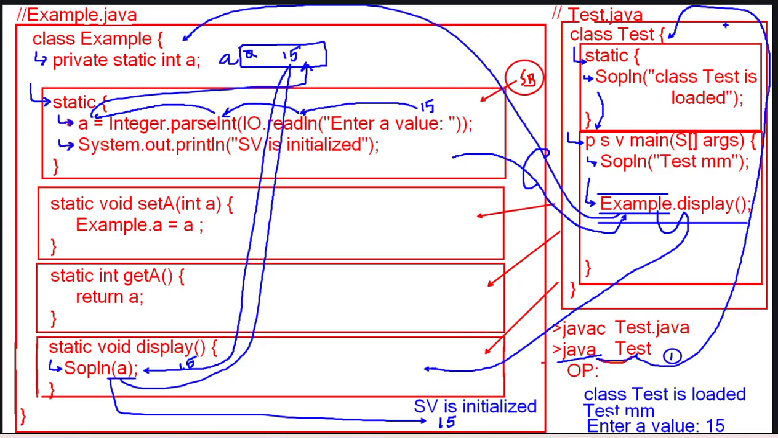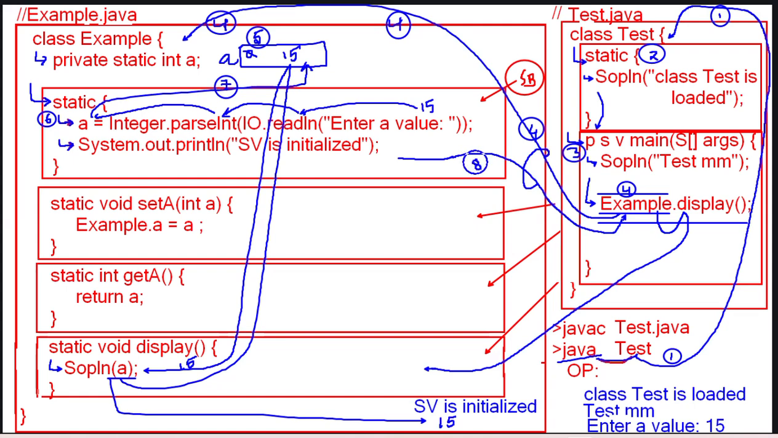Step number one, the Test class is loaded. Step number two, the static block executes. Step number three, the main method executes. Step number four, the Example class is loaded. Step number five, static variable memory is created with the default value 0. Step number six, the static block is executed, reading the value and storing it. Step number seven, the value is stored inside the static variable, so initialization is completed. Step number eight,